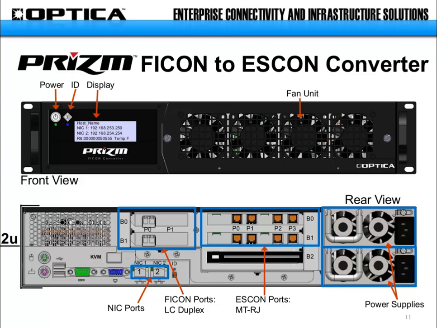Depending on the model of Prism, you'll utilize 2, 4, or 8 of those ESCON ports on the outbound side. Prism does have dual redundant power supplies, as you can see on the right-hand side, and it also has 2 network interface ports just below the FICON ports on the left side. Those NIC interfaces are essentially used for 2 purposes. One is for the customer to manage the Prism unit, so they'll attach Prism to their corporate network, and they can IP into Prism, into the web-based GUI, to manage, monitor, and configure Prism.